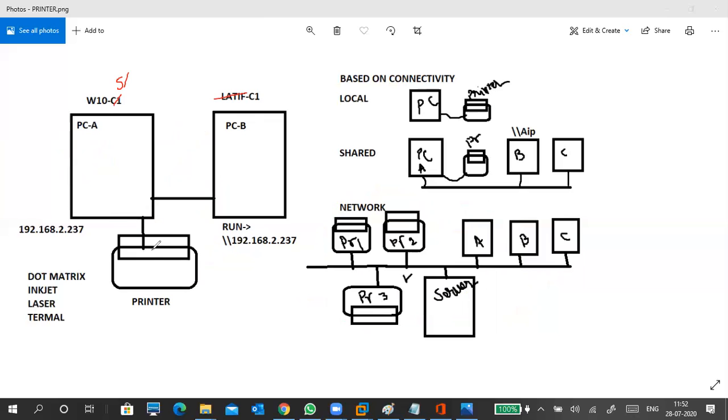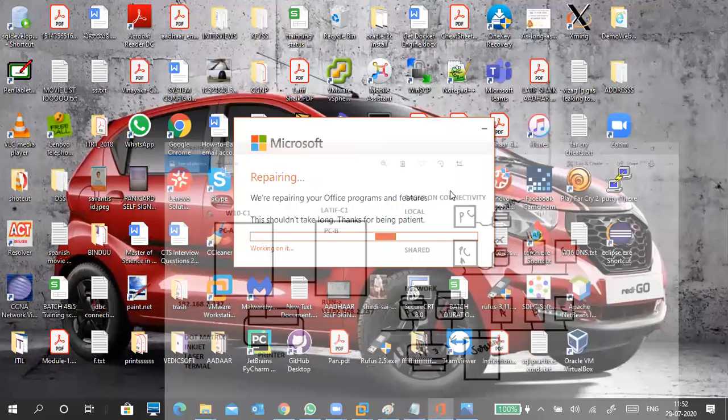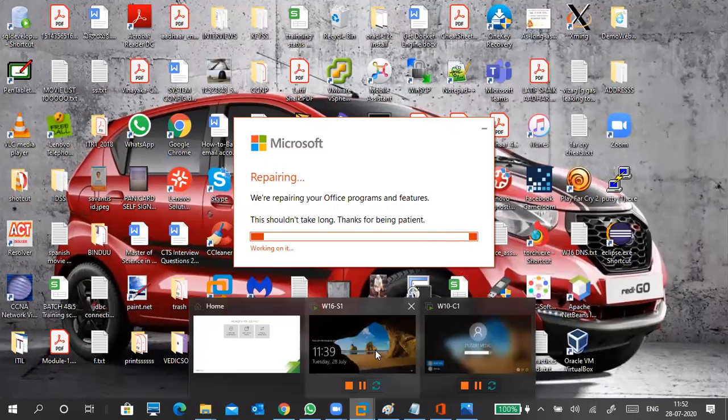Normally it should be attached to the network only. The diagram is not required, so we'll directly do the practical part.